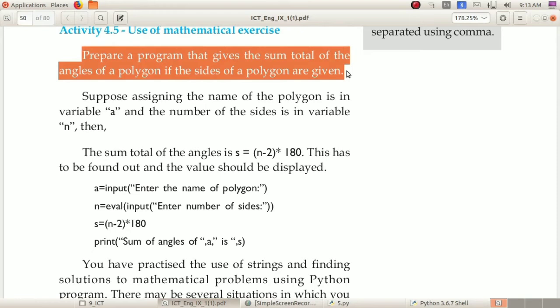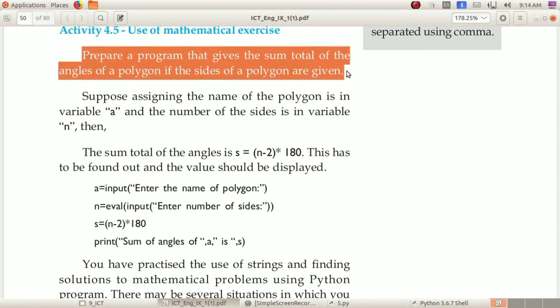Already you know that for a triangle, square, rectangle, etc., we can find the sum total of the angles. So if you want to find the sum total of the angles of any polygon, we want to give the number of sides of that polygon.